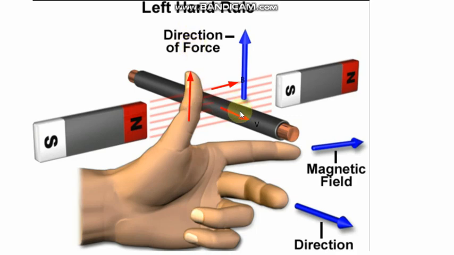Now here you can see that this force is perpendicular to the plane formed by v and B. Here the plane is a horizontal plane. The plane formed by v and B is